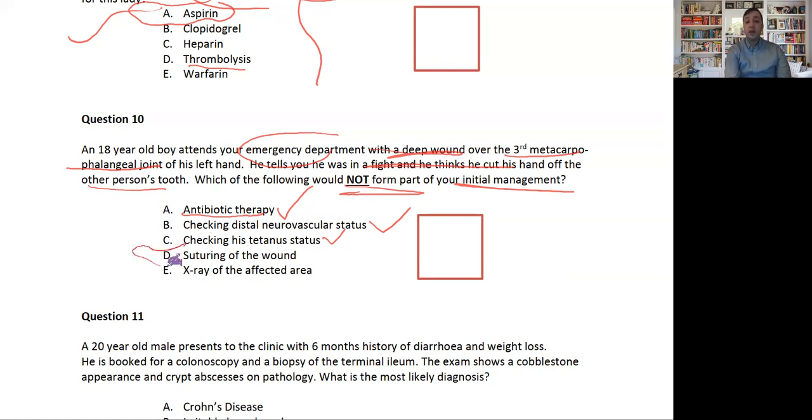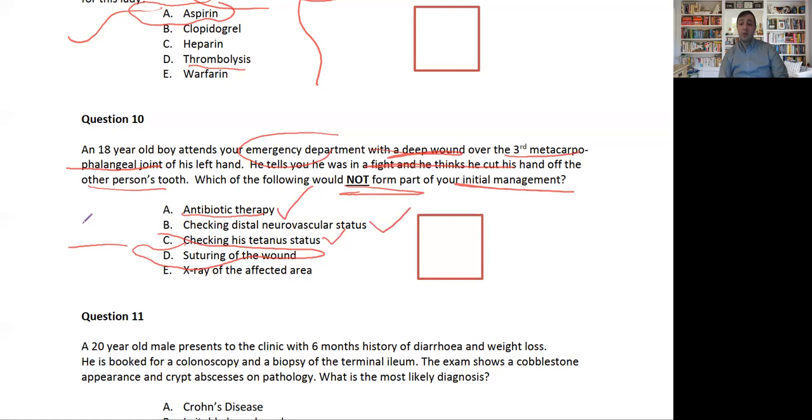Suturing of the wound, this is wrong. Why? Because this wound has to stay open, and we close it with what is called delayed closure, or secondary closure, or delayed primary closure, which is after 4 to 5 days. These types of wound, especially at the side of a joint, in the hands and feet, are at high risk of developing infection, and some infections could be anaerobic, which are very severe. If we close the wound,